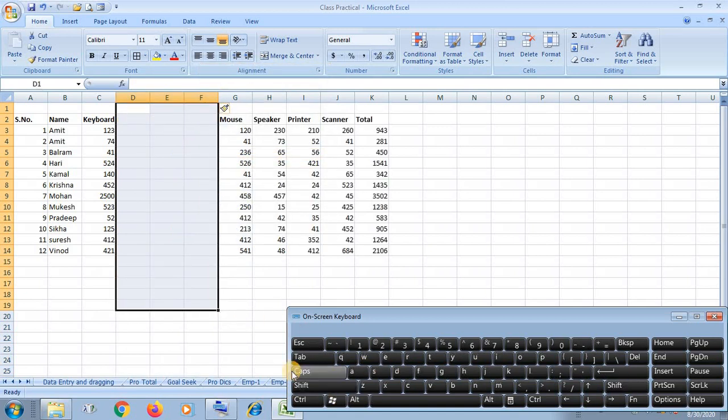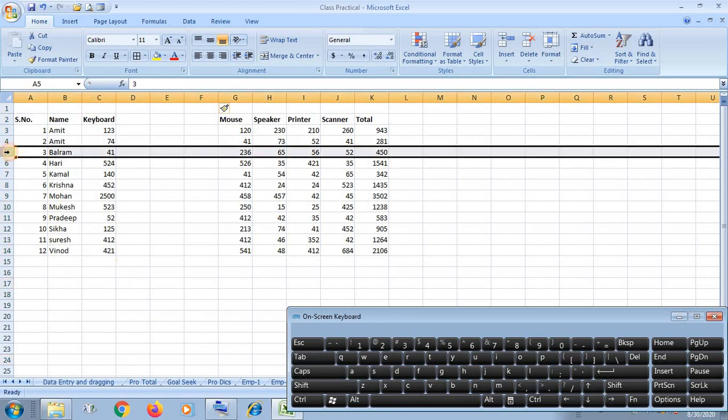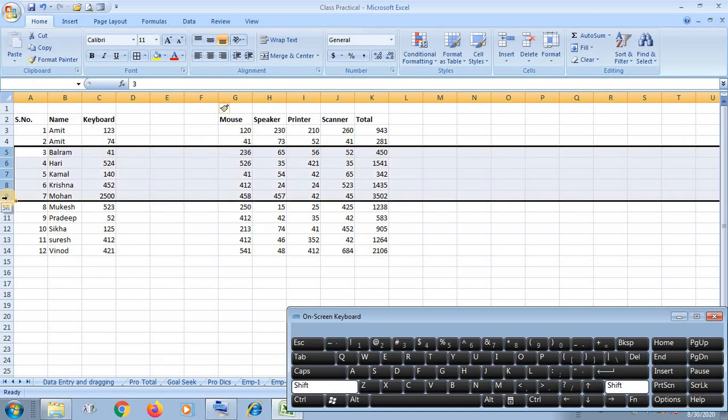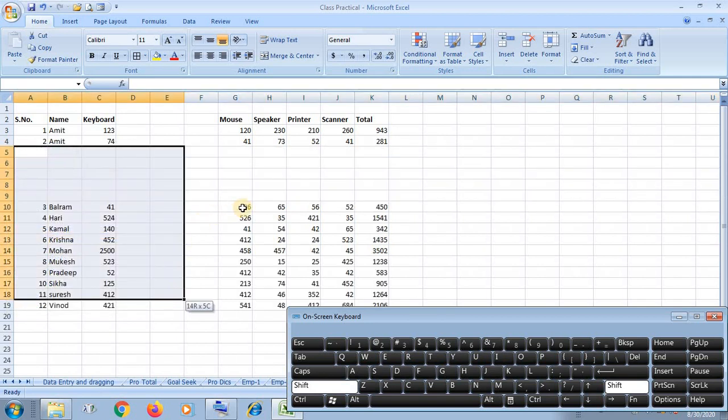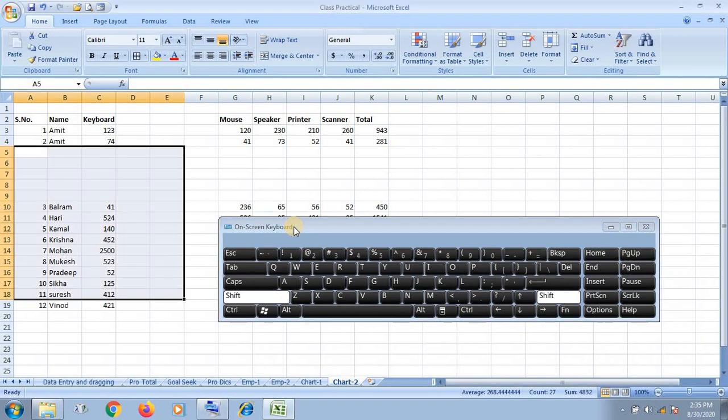In the same way, if you select 3 or 4 rows using the shift key, and click on the heading of the row, that is the number given on the left side, and you insert, then it will insert that number of rows at once. Okay, I think it is clear, everyone. I hope everyone has it clear.